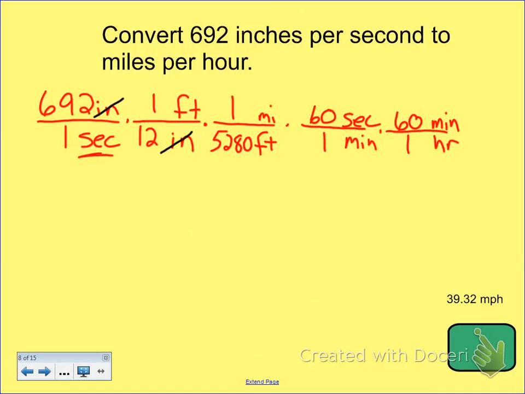The inches cancel, one's on top, one's on bottom. The feet cancel, one's on top, one's on bottom. The seconds cancel, one's on top, one's on bottom. And then the minutes cancel, one's on top, one's on bottom. So we multiply across the top. 692 times 1 times 1 times 60 times 60 gives us